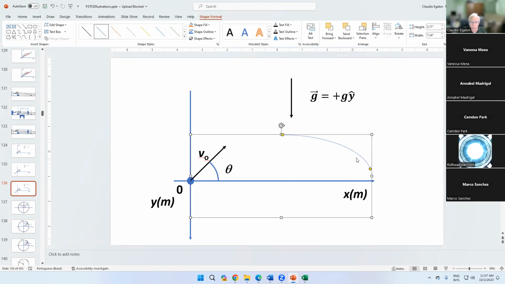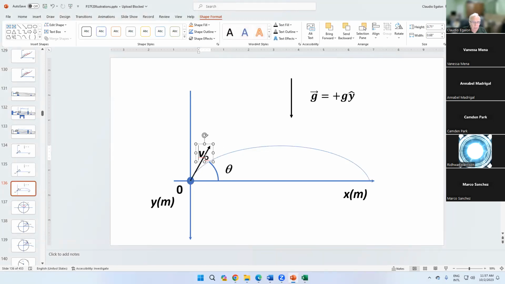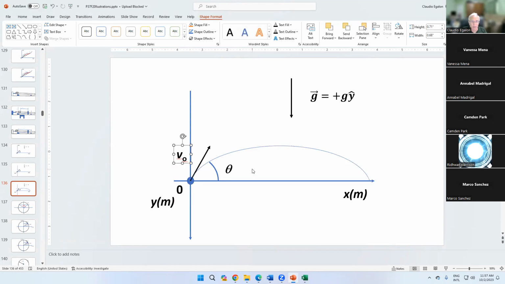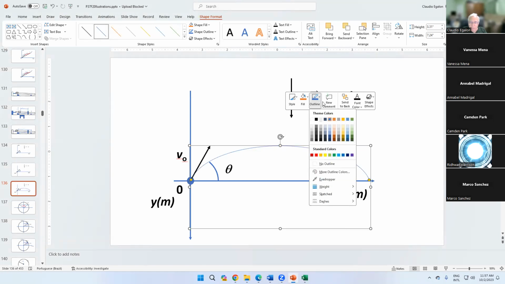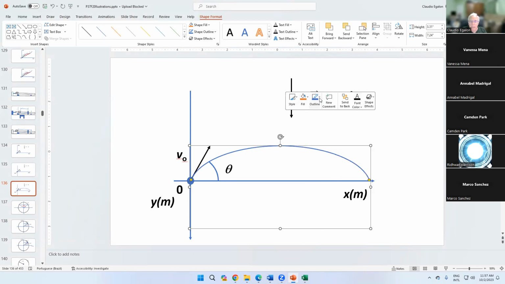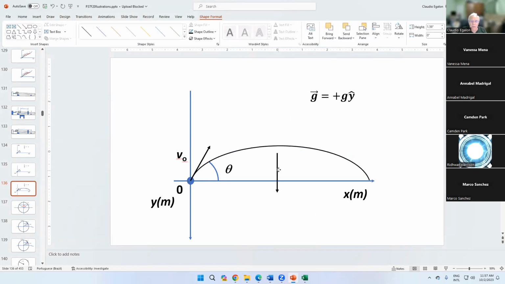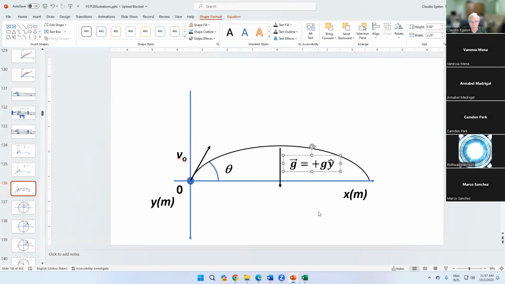And this velocity vector must be tangent to the path, right? The initial velocity vector must be tangent to the path. It's not exactly a parabola, but it's enough for you to understand what the parabolic path is going to be. Note that in this case, the acceleration vector points towards the center of the concavity,